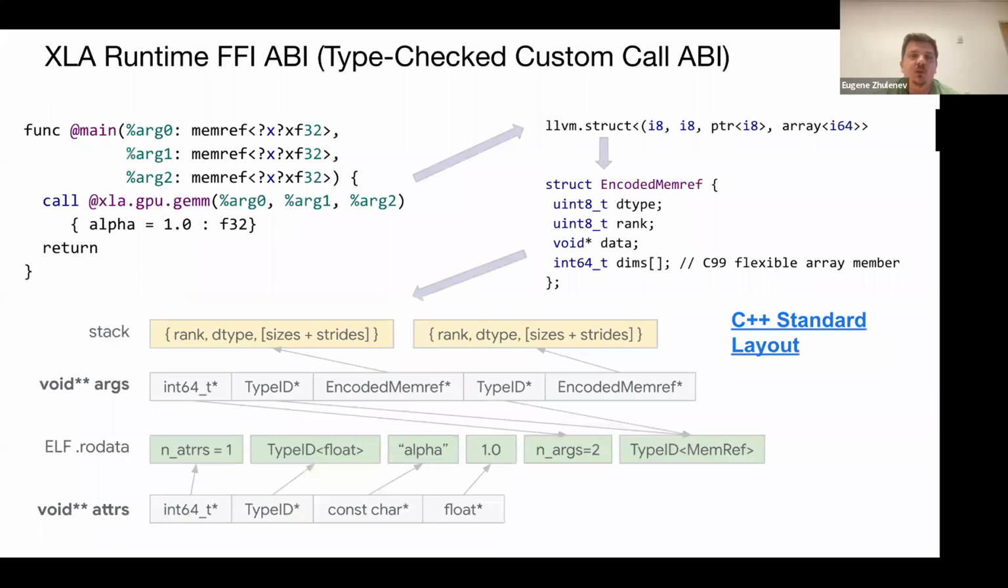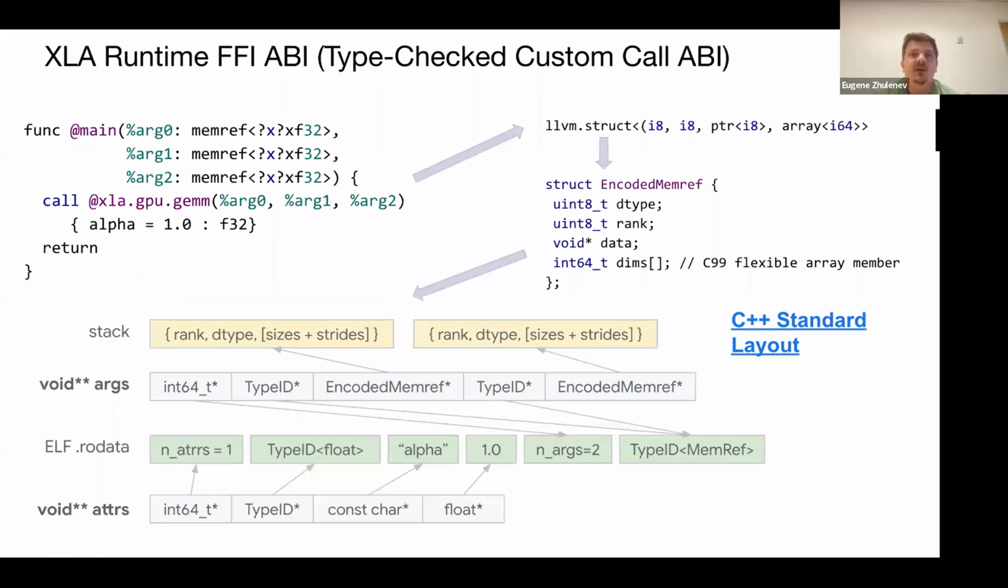At runtime, because we can't pass arbitrary C++ types across the ABI, the XLA runtime defines its own ABI for custom calls that is stable and trivial. So we rely on C++ standard layout or C POD structures that the compiler pass. The MLIR lowering pipeline that lowers to LLVM knows how to take a memref and encode it into an LLVM struct. And when we execute the program, we have the corresponding C structure that is guaranteed to have